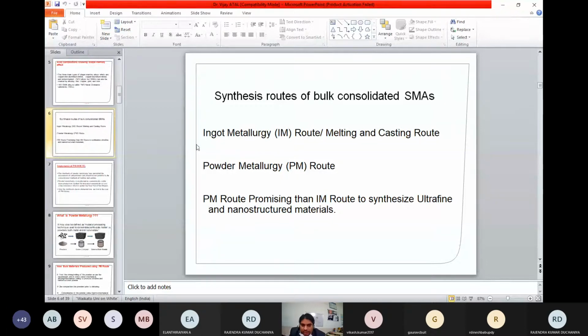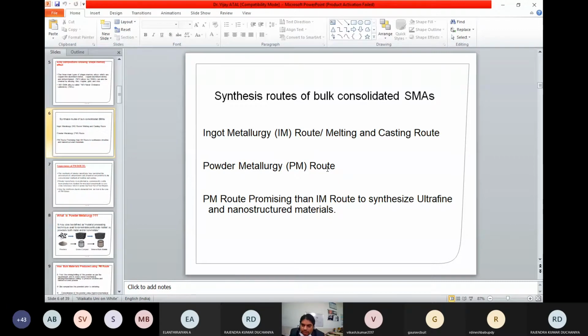On the other hand, with the ingot metallurgy route, the shape memory alloys need to be produced in different shapes, from wires to sheets, for different applications.